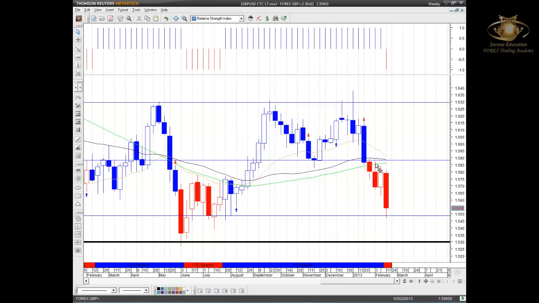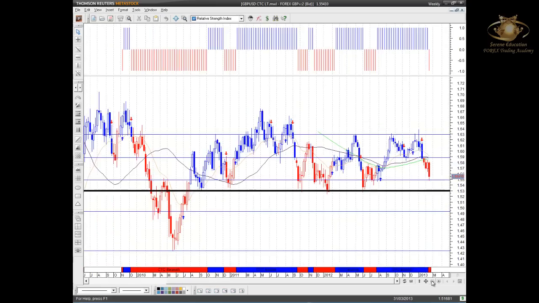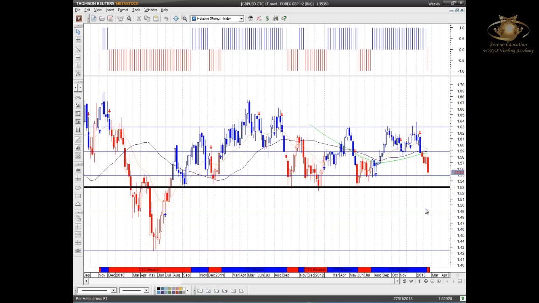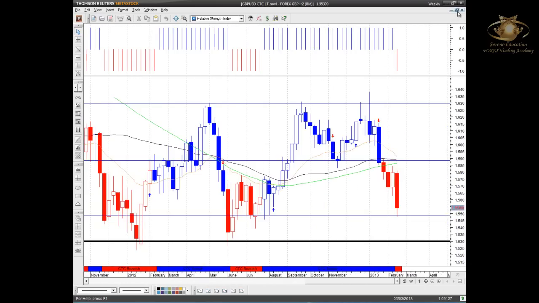So everybody will be well aware of this psychological level here at 15,300. So as price continues below the institution, you should see price moving to the downside. But as we get to this area here, I feel we're going to start seeing price hesitating, because below this area, and I'll just pan out, you can quite clearly see that major support right since the later parts of 2010. Getting below that, you've got a little area here at 1500, but below that, noticeably a major fall to the downside. So people will be well aware of that.